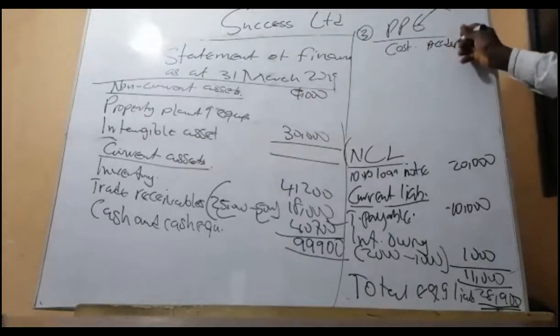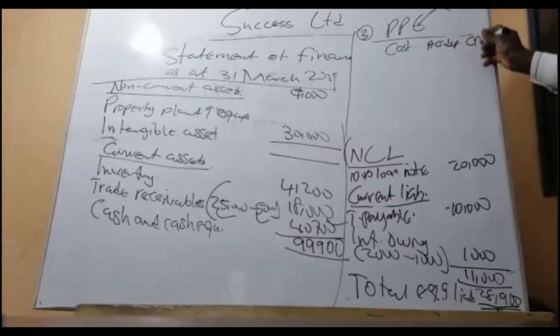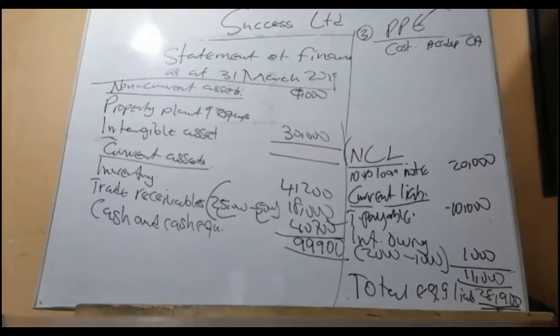Accumulated depreciation and then the carrying amount. C, carrying amount. Chartered accountant. Come again. As soon as you enter CA school, you will always come again. Either you write again, or even if you are chartered, you still come back again. Good. So that's the actual meaning of CA: come again, continuous learning.